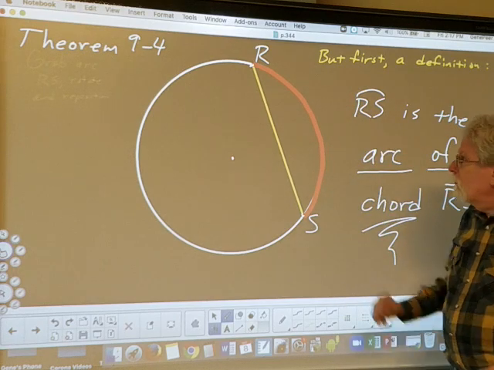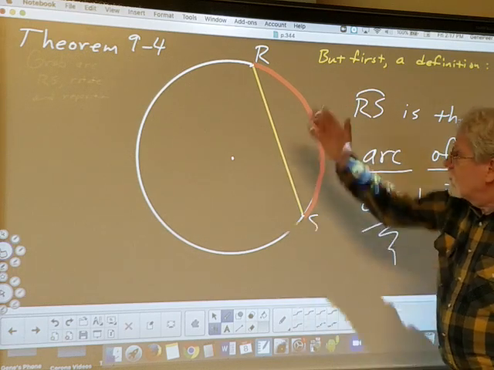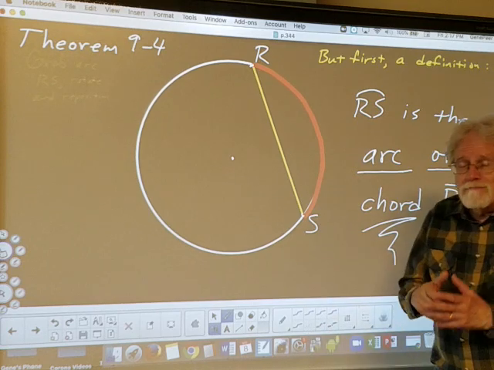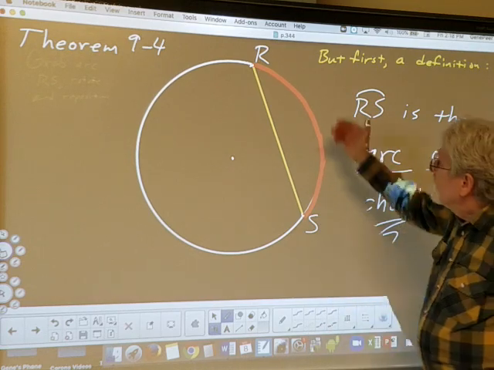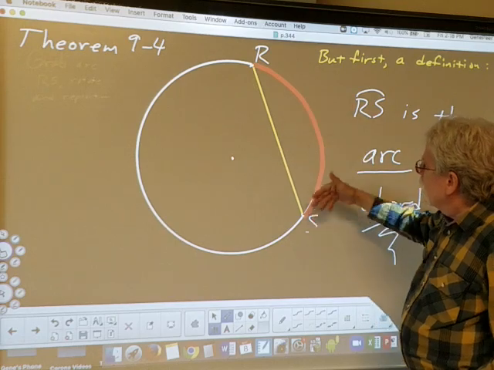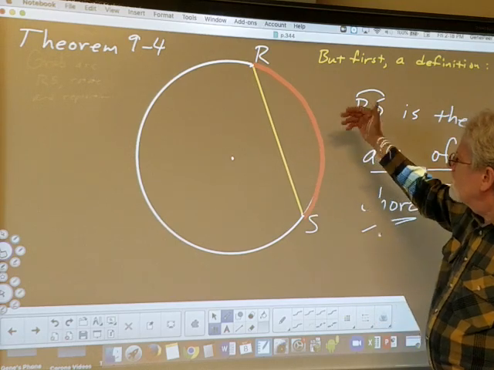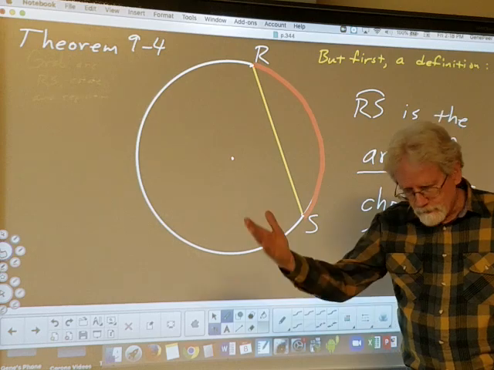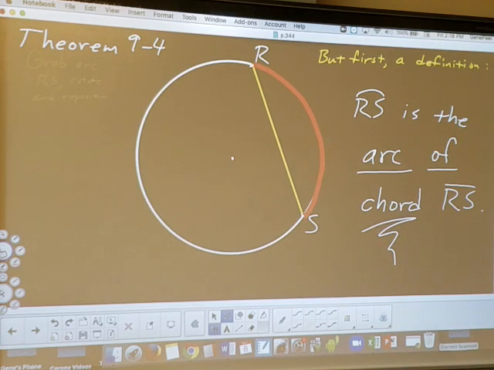Or you can reverse that and say that the chord is the chord of the arc. It's kind of like they're buddies, they go together. So the chord belongs to the arc, and the arc belongs to the chord. The chord is the chord of the arc, and the arc is the arc of the chord. Right. Now, based on that,